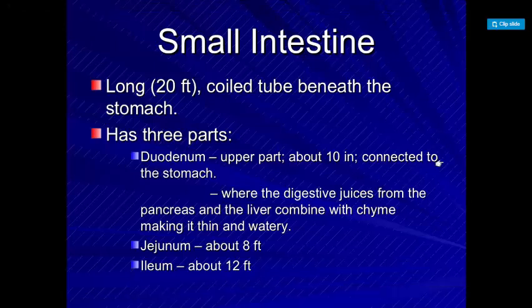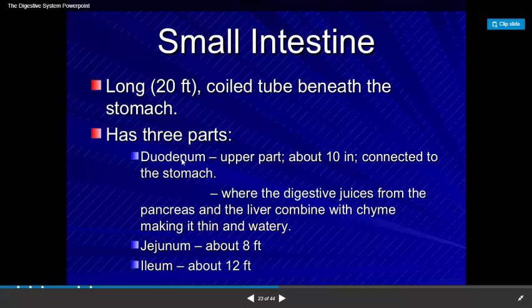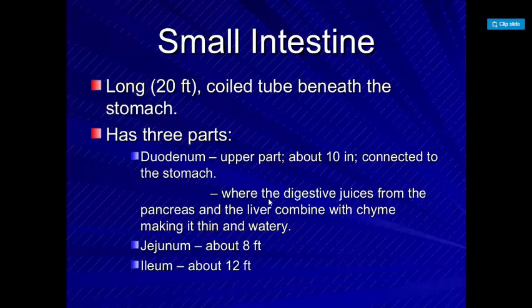The small intestine is a very long tube. It's 20 feet long, and it's present immediately after the stomach. It is divided into 3 parts: the duodenum, which is the upper part, the jejunum, which is the second, and then the ileum, which is the last part of the small intestine. The first part, the duodenum, is where most of the continuing digestion happens, and then after that it is going to go into absorption. The food is going to be absorbed.